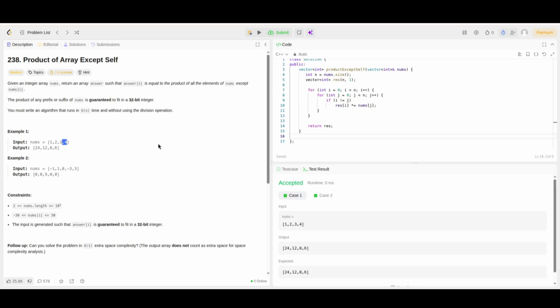Step 1, compute left products. We move from left to right and store the product of elements before the current index. Step 2, multiply right products. Then we move from right to left and multiply the products of elements after the index. This allows us to compute the result in linear time. So let me write the program for this,